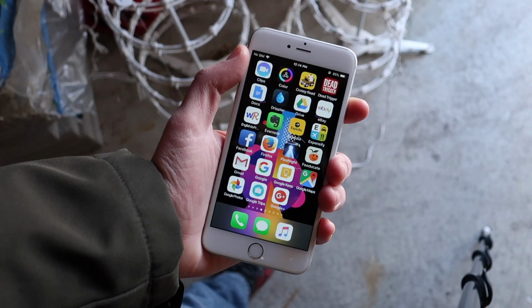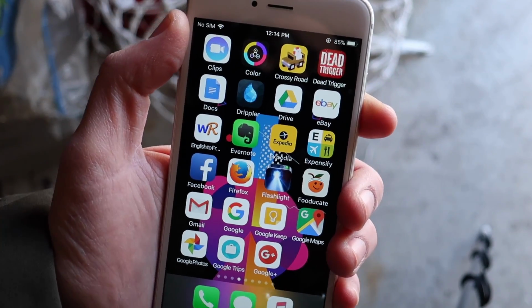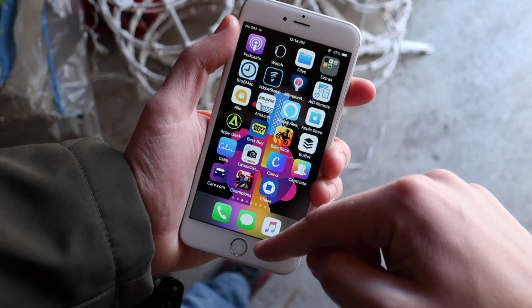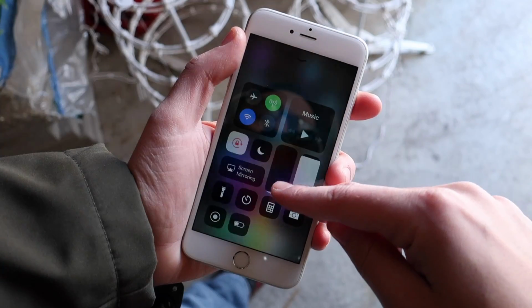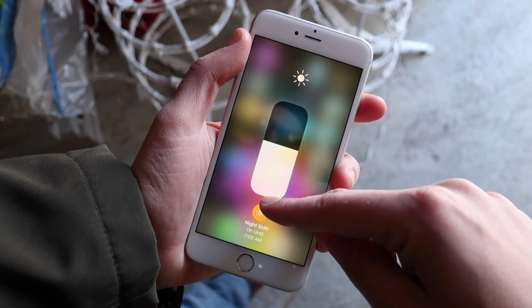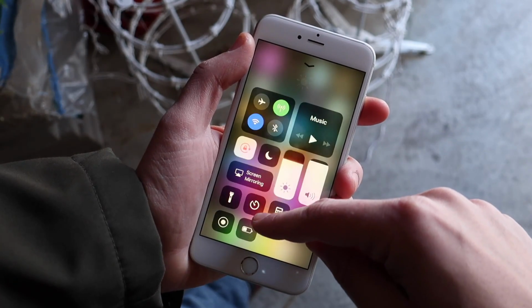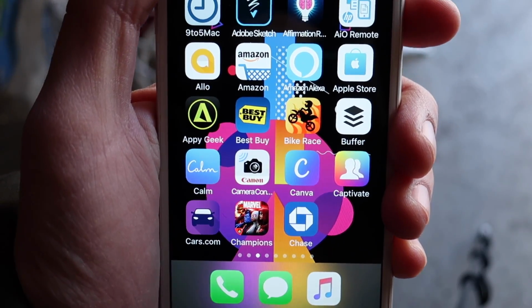Now, in terms of that display, you're looking at a 5.5-inch Retina Full HD display, and I would typically say this is not great because we do have 2K now. However, with OnePlus releasing 1080p displays still here in 2018 on their 5T, this makes me feel like the 6s Plus still has a pretty solid display, same resolution as any other 1080p phone. It's still not the highest end. There's 4K panels on Sony smartphones. They're pretty much the only ones,